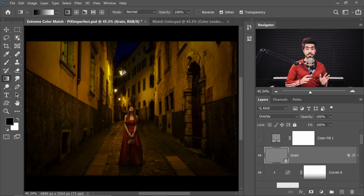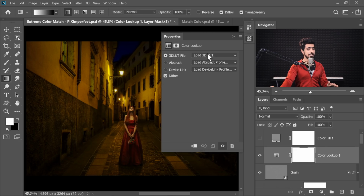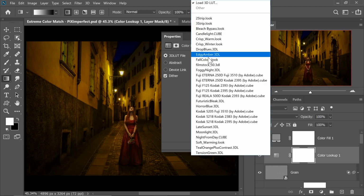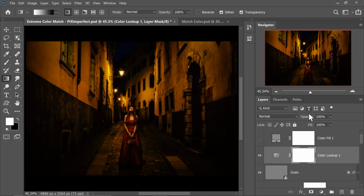All right. Pretty good. The next thing we can do is to add some global color grading. Now there are lots of ways to color grade. One of my favorite ways is color lookup tables. So click on the adjustment layer icon and then choose Color Lookup. It's the lazy man's way of color grading. I am one of them. So let's go for Fuji Eterna. How do you feel about that? Looks pretty good, pretty grungy, pretty antique, pretty old. Let's go for 60%